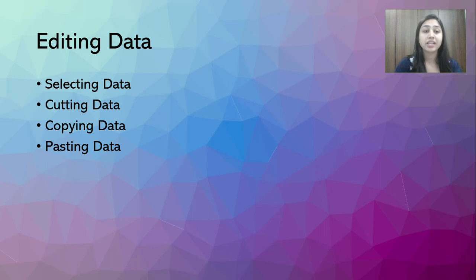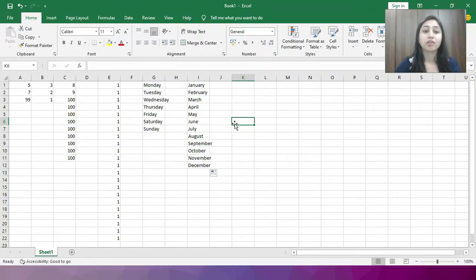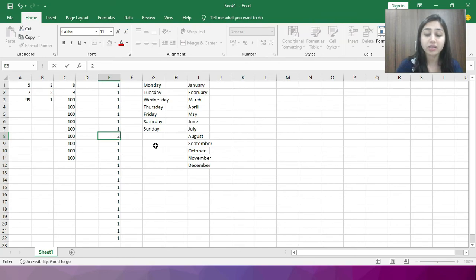Okay. And next is cutting, copying and pasting data. You already know, right? From the 3rd standard you do a practical on it, how to cut data, how to copy data and how to paste data, right? Let's do this practical again. Okay, for example, students, using the autofill option, I am typing over here 11111. Now I want to edit only one cell, so select that cell and just type another text or number easily. Clear? So this is called selecting data or editing data.